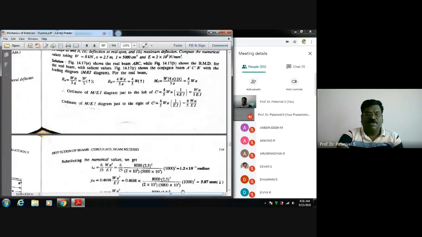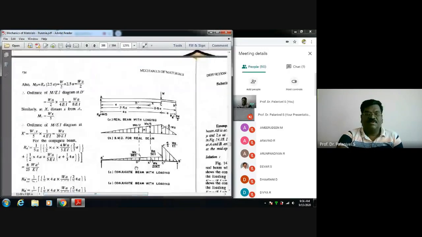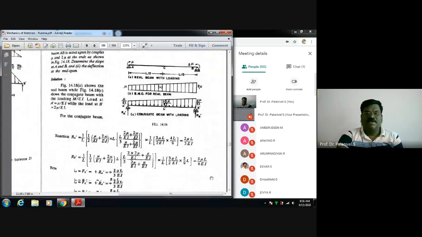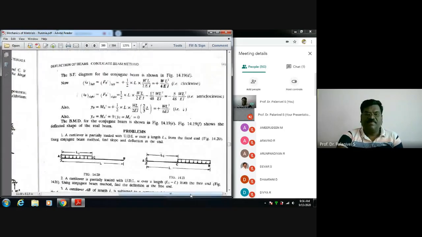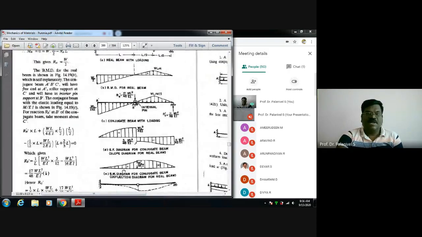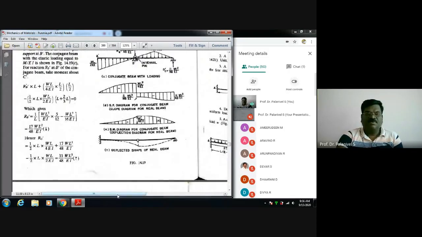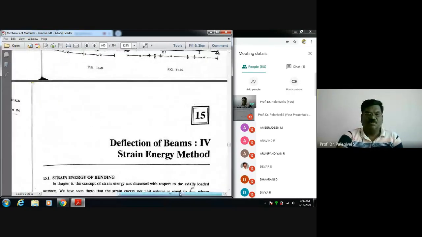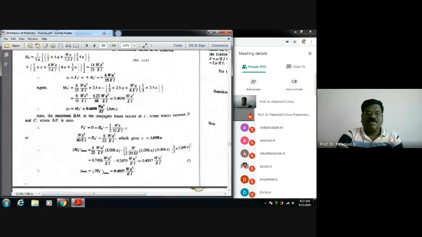So likewise, it has been discussed. This much and all you will not get. You cannot study the entire textbooks because they are only reference books, not your textbooks. Only the syllabus is there. I have to tell you what the conjugate beam method is and one or two problems. That's all, and exercise problems are given in the textbooks. It's a good book. We have seen the entire conjugate beam section of the Ponnuswamy book. Similarly, you can refer to Bhavikatti and other textbooks, and Bansal also.